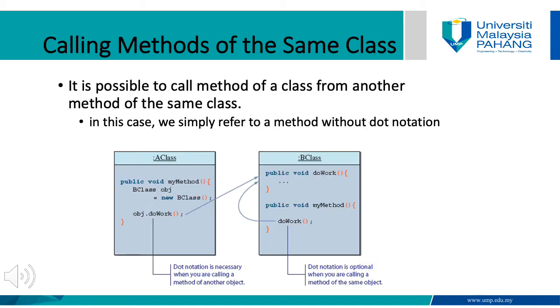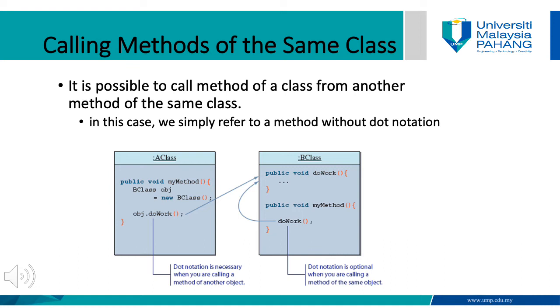So how to call methods of the same class? For example, you have class A and class B. Right here is the example. It says here, it is possible to call methods of a class from other methods of the same class. So this is the example of how we call a method without using the dot notation. As you can see in class A here,